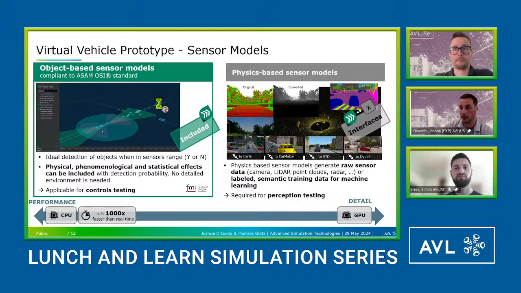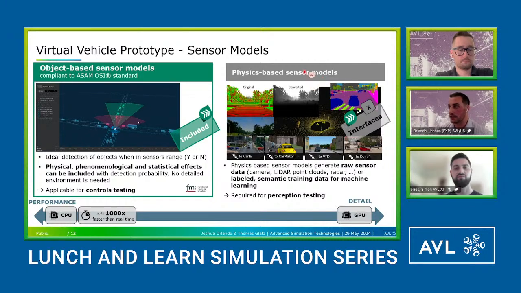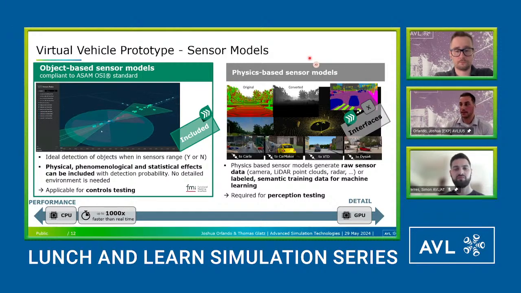But the benefit on the left side of the screen is the much faster than real-time capability. Then on the right side of the screen, where you're right sizing towards perception sensor models, a little more deep into the sensor model architecture and simulation, that's more detail. So you're going to have less overall capability when it comes to simulation throughput, but it's really about right sizing that to the goal you're trying to accomplish in your simulation task.